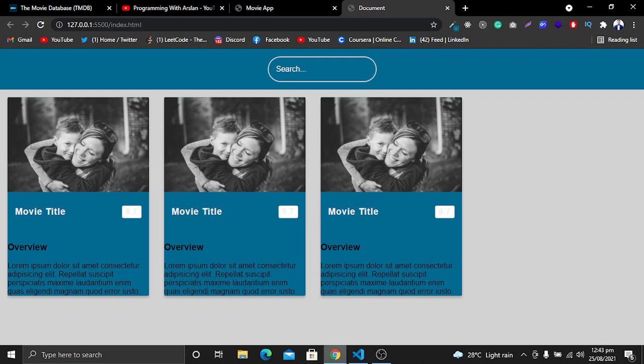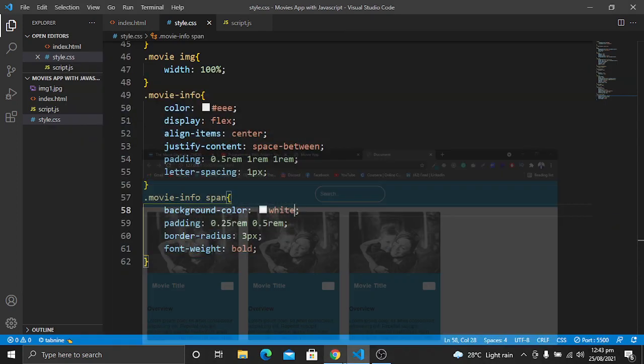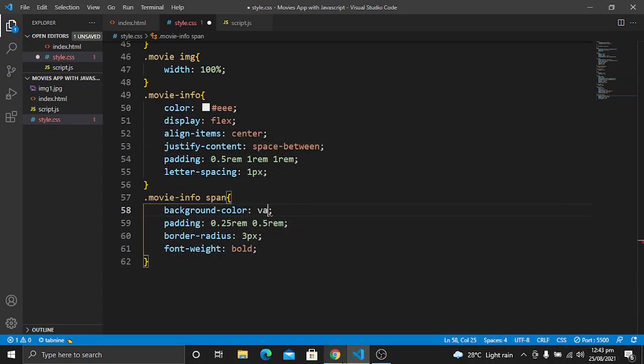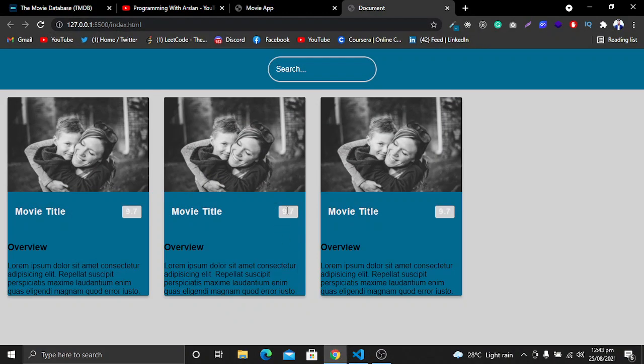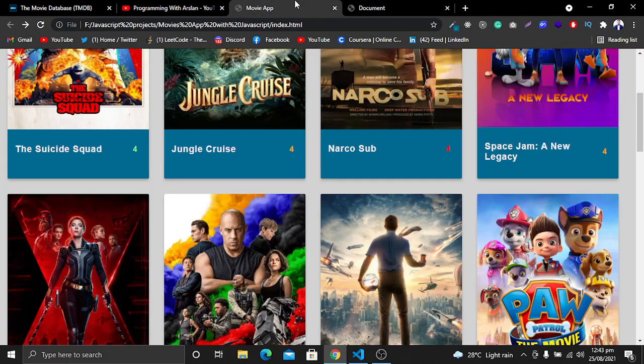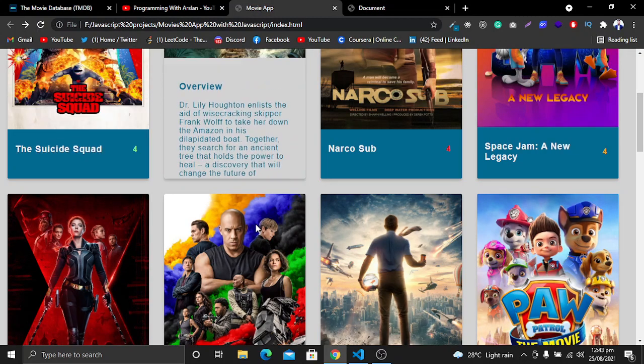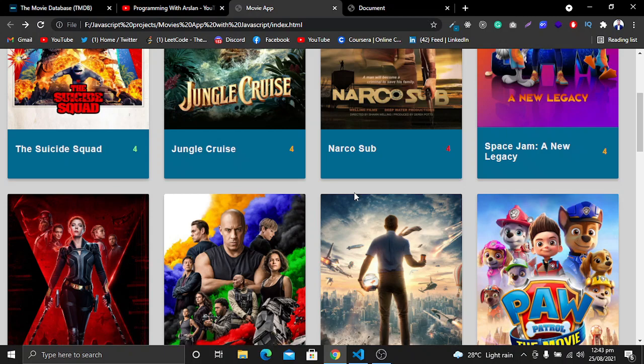And the next thing that I want to do is give it a secondary color. So remove this background, just give it a background color of secondary, and now you will see we have this secondary background color, and this white color will be moved, we will change it into these colors, which are yellow and red and different ones based on the rating of the websites.